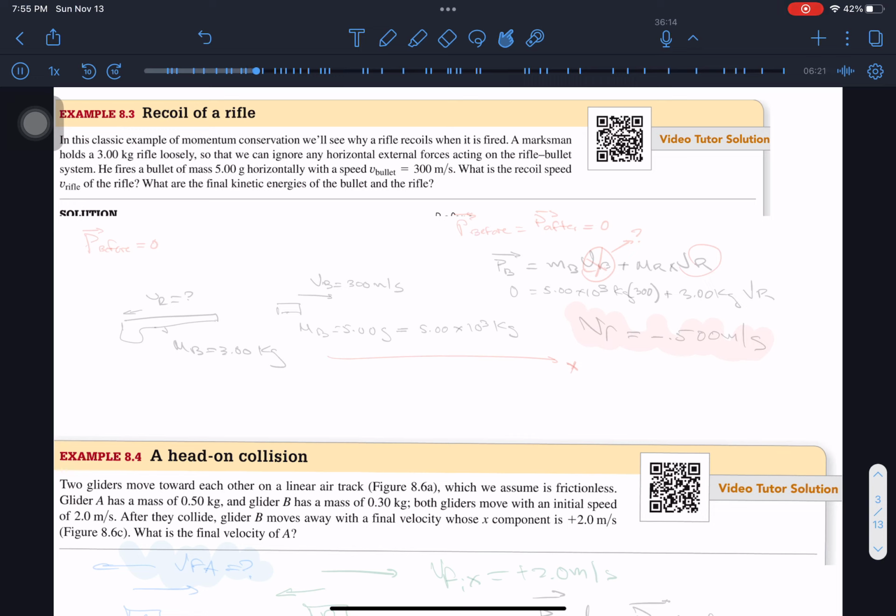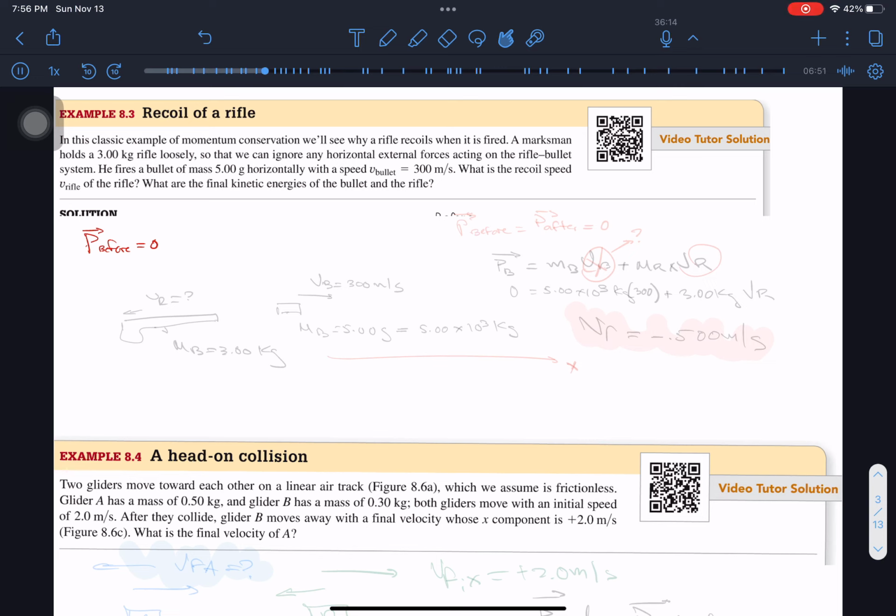Okay. We can say that the total momentum of the system, since both the rifle and the bullet are at rest, the total momentum of the system before firing is going to be equal to 0. Okay, but what happens after firing the